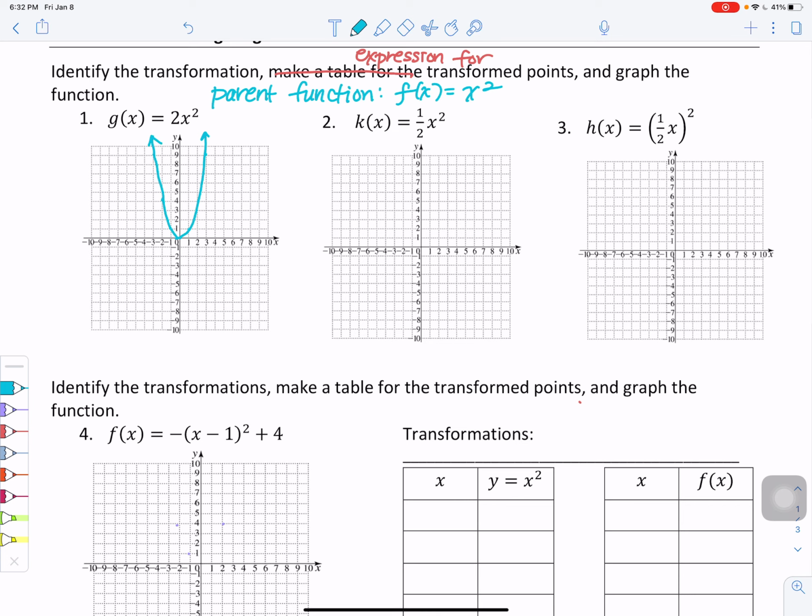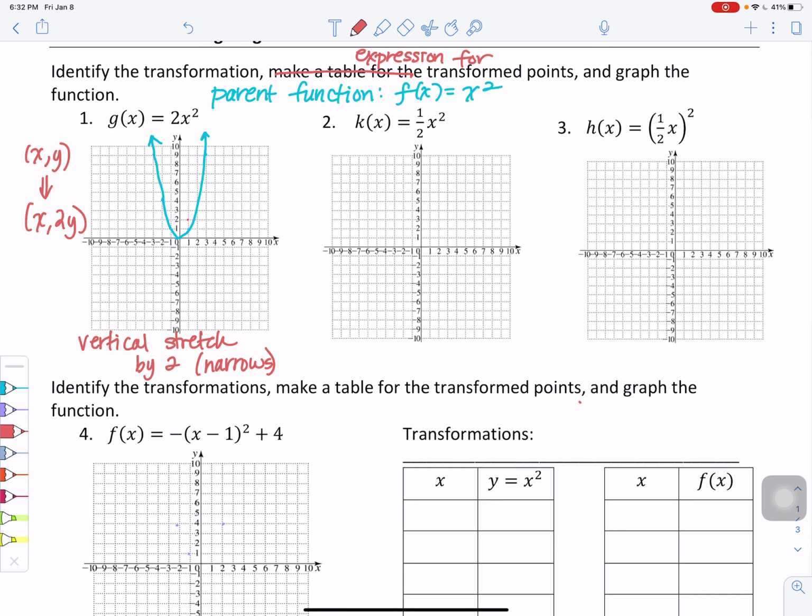Okay, so what we have here, we have the number 2. We have a vertical stretch by 2, which makes it a narrower graph. So our (x, y) on our parent function will now be (x, 2y). So when x is 1, now y is 2. And when x is 2, y is now,